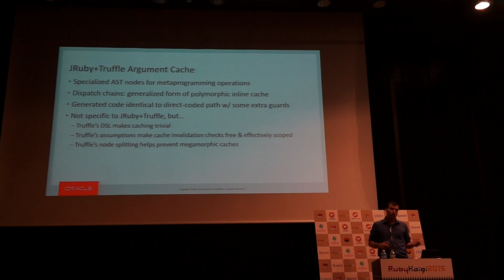That does mean for each of the metaprogramming API methods, we may have a specialized node for it, but the number of these methods is finite, and there's no way for Rubyists to introduce additional ones. So when we call the send method, we have a specialized send node that we use. For instance, for instance variable get, we have a specialized instance variable get node. And they know what type of value they want to cache. So in the send case, we'll cache the method lookup. In the instance variable get case, we'll cache the location of the field we want to retrieve in the object model.